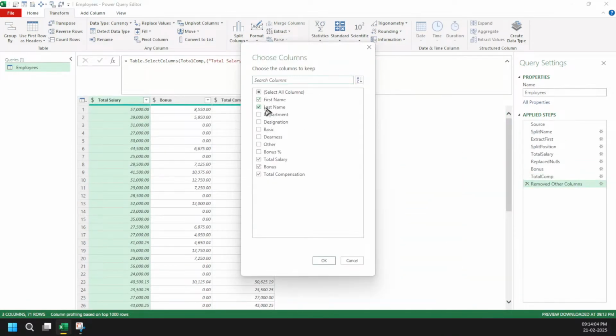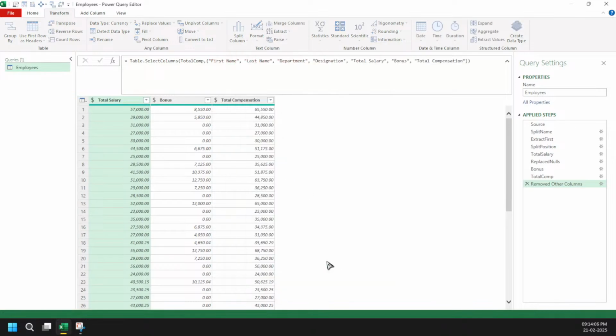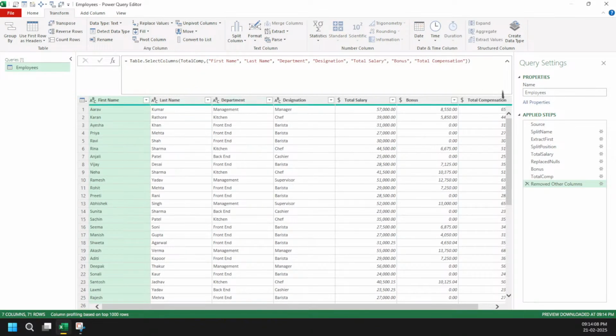Everyone will say this is the best approach because you won't be removing those errors and you won't get the errors. The problem with this approach is you have hard coded the values. Anyways, it will be done in the remove columns. But the thing is, in the future, if I'm going to get additional columns like employee ID, then I won't be seeing employee ID here, right?